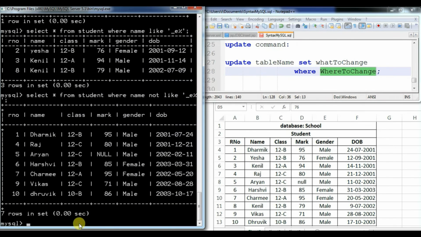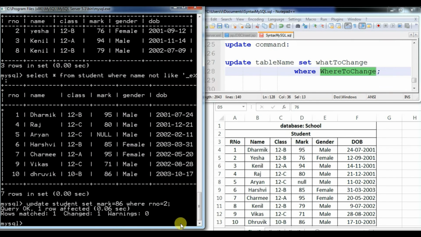So let's try this. First, as per the syntax, we go with UPDATE and the name of the table, that is student. SET, what do you want to change? We want to change mark equal to 86. Now we have to mention where we want to change it. You can apply either name equal to Asia, because in all the records we have just one name Asia, or roll number equal to 2. I suggest you go with the primary key, as we had applied roll number as the primary key, so apply RNO equal to 2. It is going to change the mark to 86 whose roll number is 2.